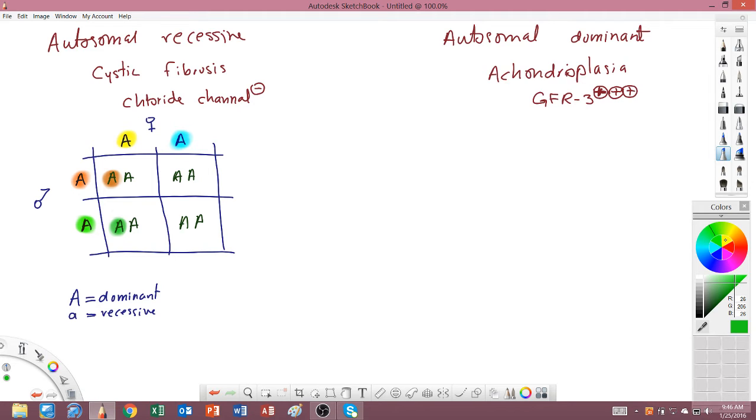Now these guys, green or orange from the dad, depending which egg does it combine with. Yellow from mom or blue from mom. So at the end you have 4 different possibilities in terms of genotypes. But of course they're all dominant, so it's 100% all the same genotype. I just want to show you colors that which allele did you get from dad, which you get from mom. Okay. In this case, so this is one possibility.